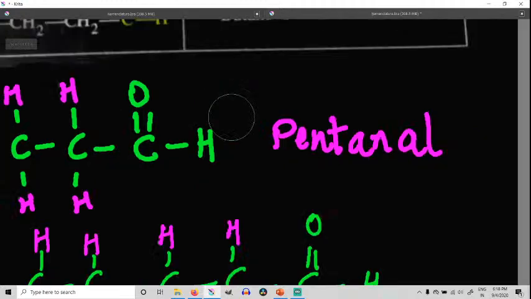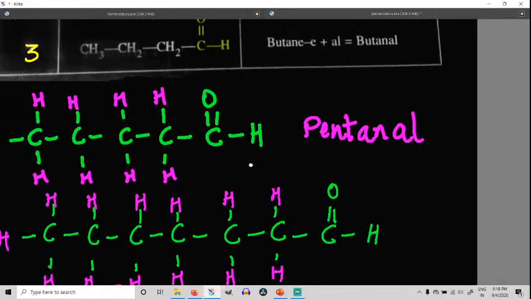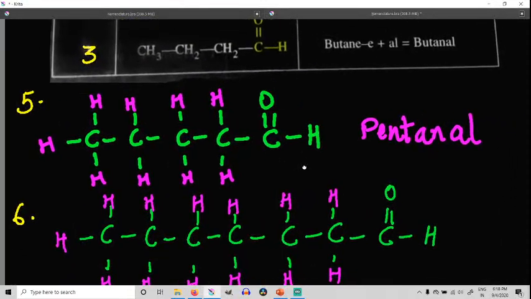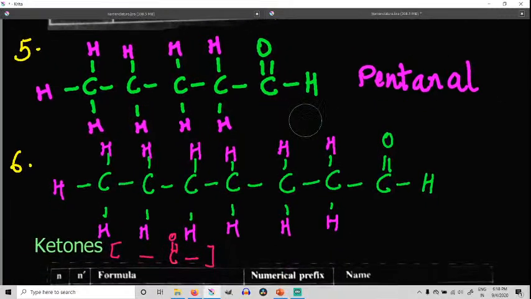Okay, now you have to give me the answer of this. Let me make it shorter. Now this is visible. So what will be the IUPAC name of this? It is written already: 1, 2, 3, 4, 5. There are 5 carbon atoms in a straight chain, right? And since C double bond OH is present, what will be the IUPAC name? Pentanal. Okay, pent plus an plus al, pentanal.